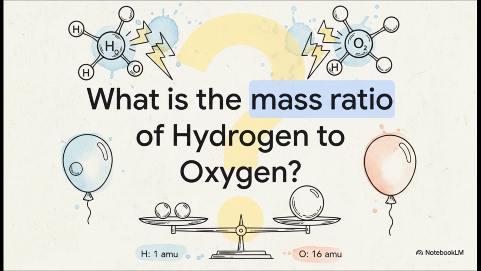To wrap up this explainer, I want to leave you with a direct challenge from our source material. It's a great way to test your active recall. We talked about splitting water using electricity earlier, right? We know the chemical formula for water is H2O, which means the ratio of hydrogen gas to oxygen gas by volume is 2:1. But think critically about this for a second. What is their ratio by mass? Take a moment, think about the atomic weights of hydrogen and oxygen, and see if you can solve the puzzle. It's a fantastic way to solidify everything we've talked about today.